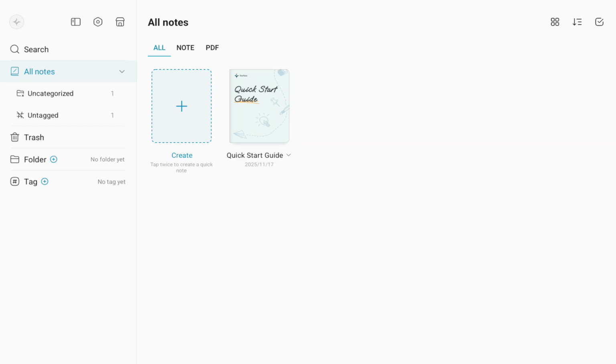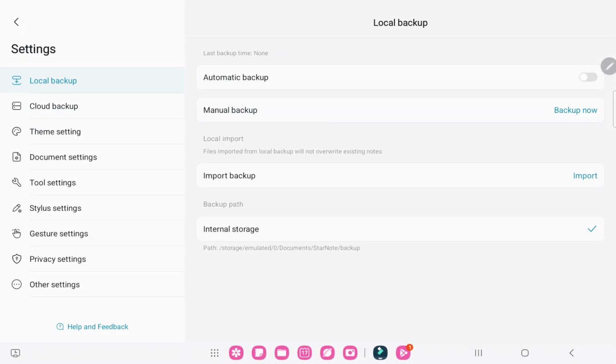First of all, open the application on your device. So that's the home screen, and you can find the different buttons. You go to the upper left corner of the home screen and click the second icon, the settings, and you can find on the left bar the settings, and go to the first, the local backup. And here you can find the second option, the manual backup,